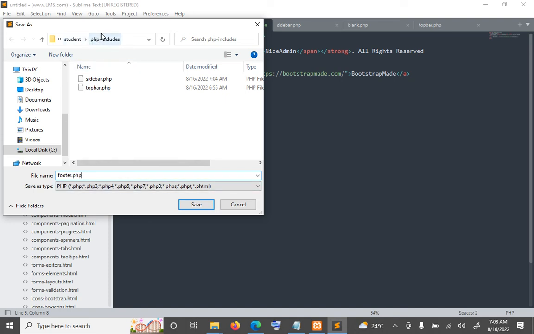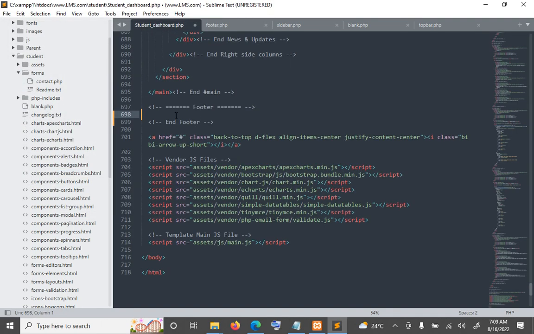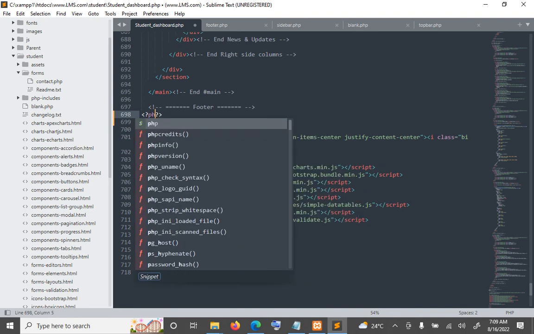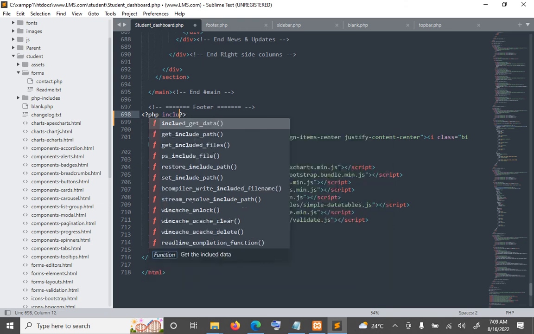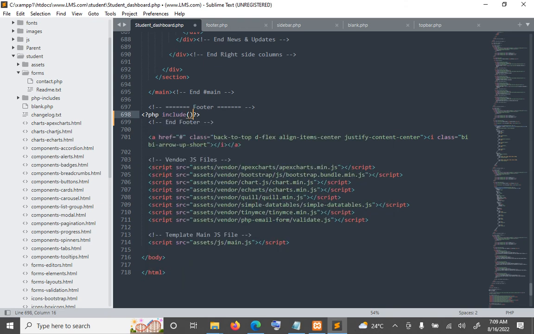Okay, this is the dashboard. So that's how to create the header, but you can also do the same thing for the footer. Let us try that. Just come to the student dashboard, go down to the footer. The footer starts from this place and ends here. So just remove the footer,